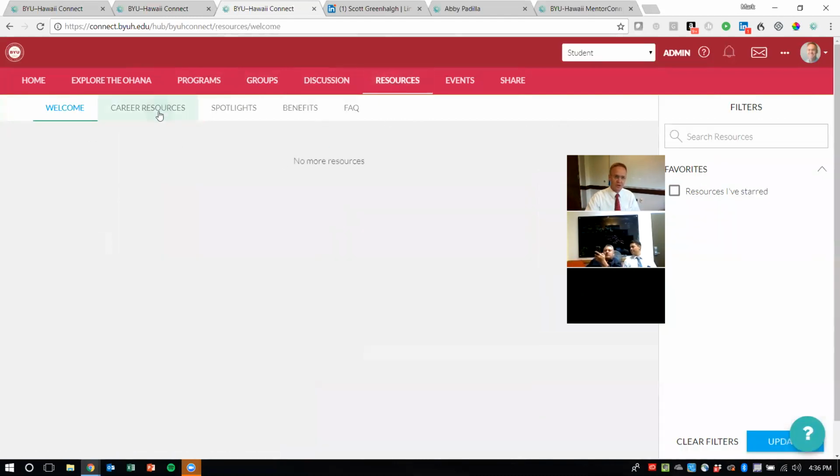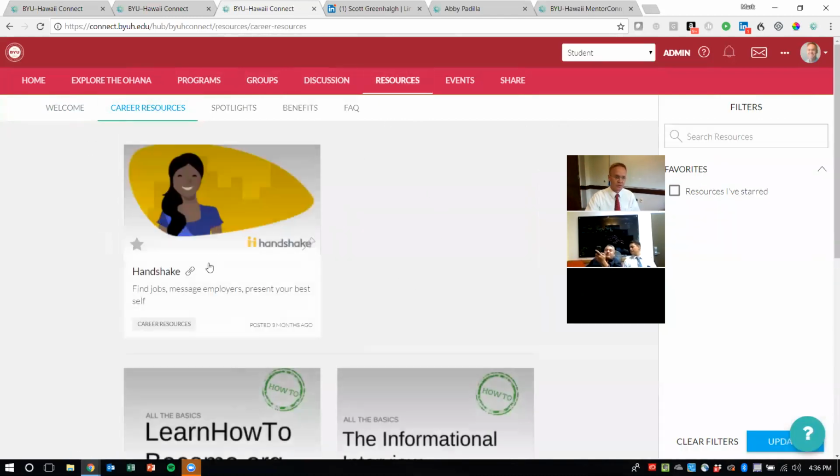Resources are the same, categories are the same. What shows up is a little bit different. So we can put different things in here. For example, that jobs resource is obviously absent, and that's because they don't have that here. I mentioned talking about Handshake earlier, and that's what I meant. Now is when I'm going to talk about Handshake.